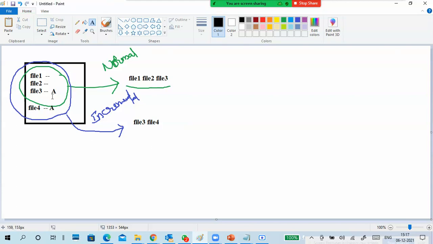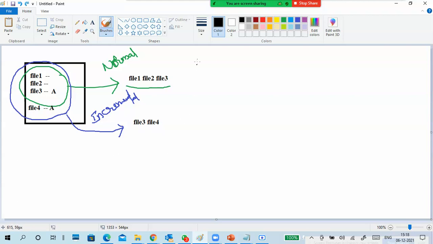Okay. So only the archive attribute matters. File 1, file 2 are already backed up, so we don't take that backup. You give all the files, but incremental backup only backs up files marked for backup purposes. Other files you don't take backup. Okay, only these files will be backed up. It won't back up these files.